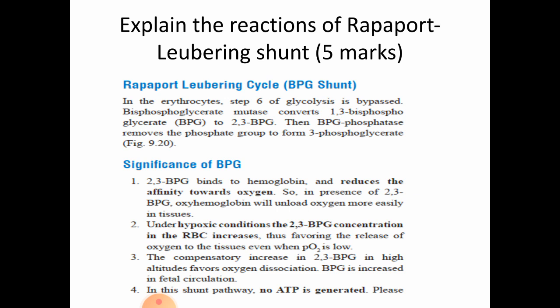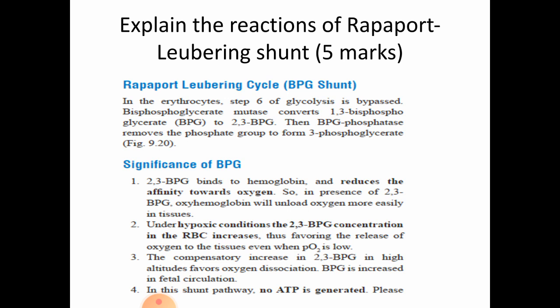Also, since it is a 5-mark question, you need to add a note on its significance, how significant the BPG shunt or the Rappaport-Lindbergh cycle is. That is, 2,3-BPG binds to the hemoglobin and reduces the affinity towards oxygen. So in the presence of 2,3-BPG, the affinity towards oxygen will be lowered and oxyhemoglobin will unload oxygen more easily